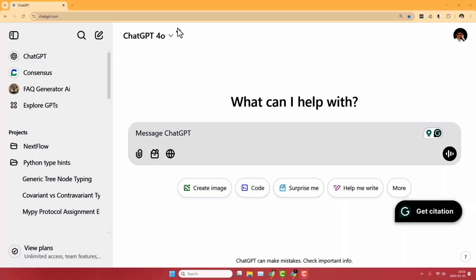When you log into ChatGPT, the first thing you see is a question. What can I help with? And indeed, it's a good question. ChatGPT is used for quite a number of things, and I'd like to discuss some of them, which I do with ChatGPT, and that really help me as a developer on the one hand, and as an HPC user on the other hand. So this will be a little introduction of how I use ChatGPT